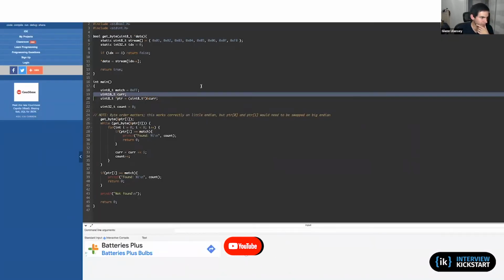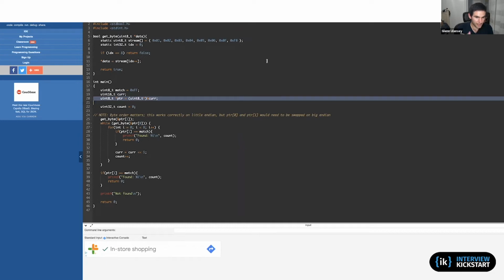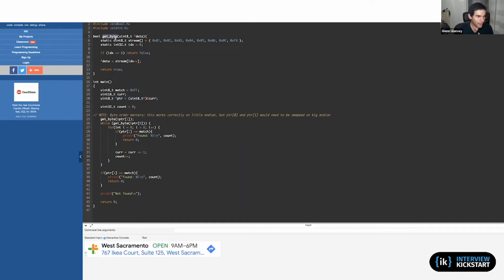What I've decided to do is allocate on the stack 16 bits to store essentially the current and next byte in my bit stream. But I can only read 1 byte at a time. So I need to both treat this as a 16-bit piece of memory and also treat it as an array of 2 bytes, such that I can continuously call get byte on the next byte once I've done the appropriate amount of shifting.